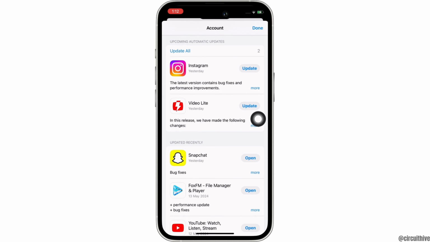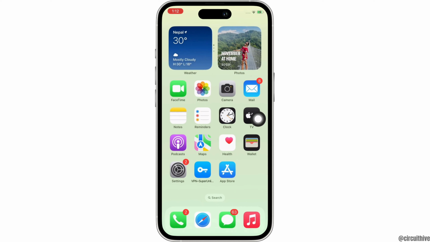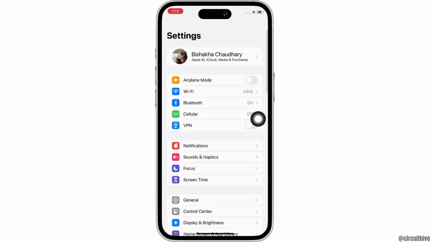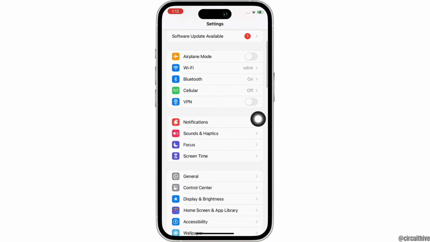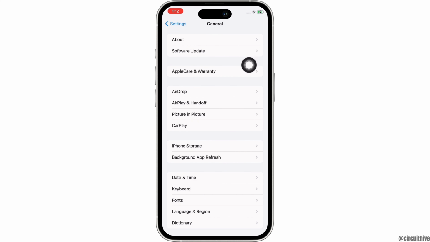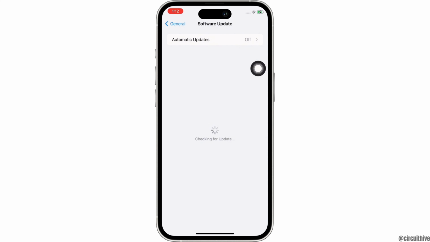It is also important for your device to be updated. So to ensure the device software is updated, launch the settings application and tap on general and then on software update. See if you have any update there, and if you do, tap on the download and install button and update